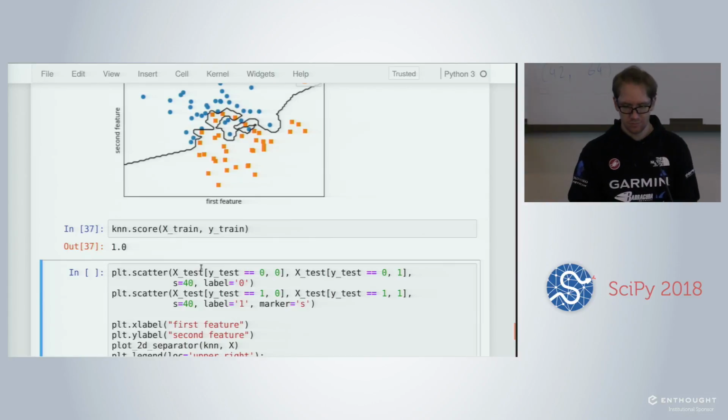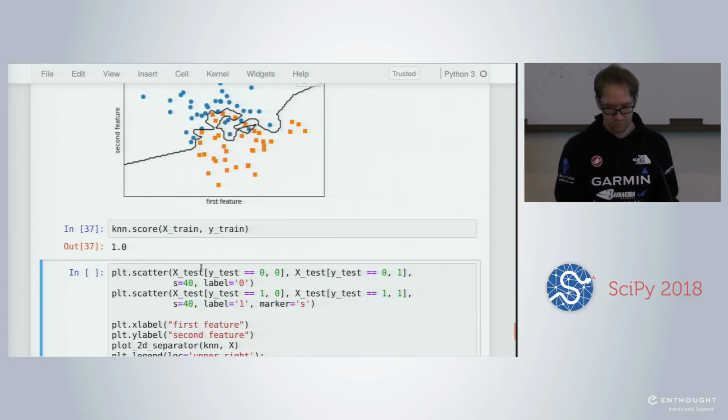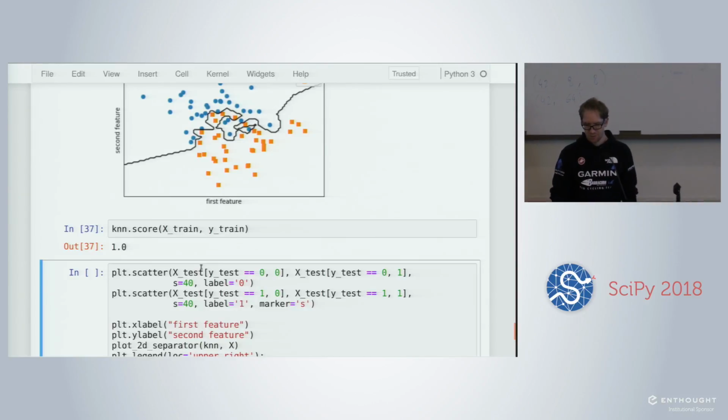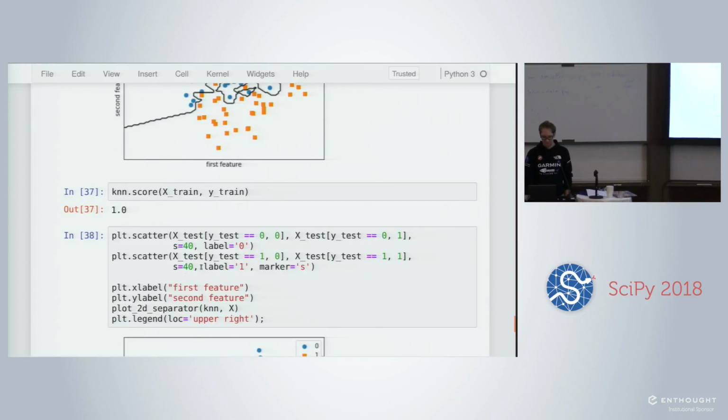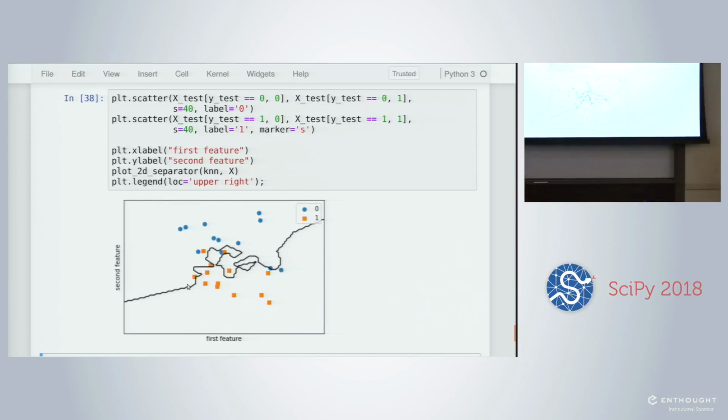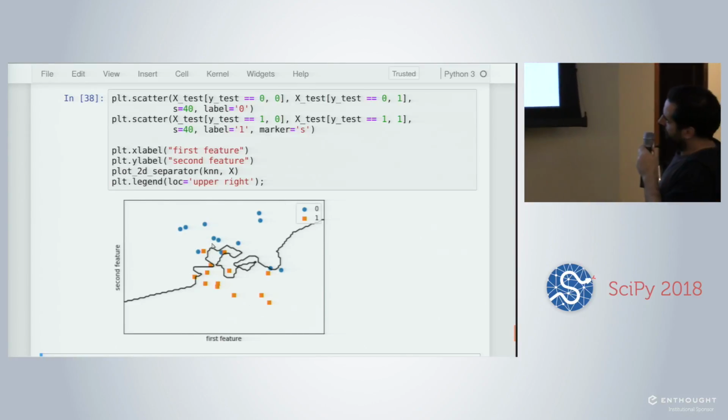With n_neighbors equal to 5, you get this. It's weird because it's a disconnected decision boundary. Maybe 30 again.